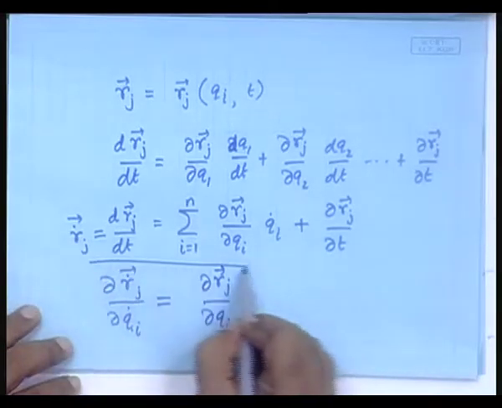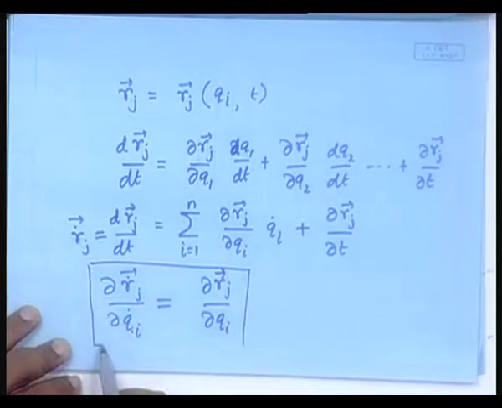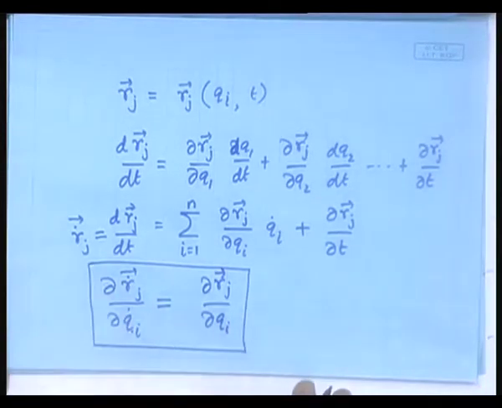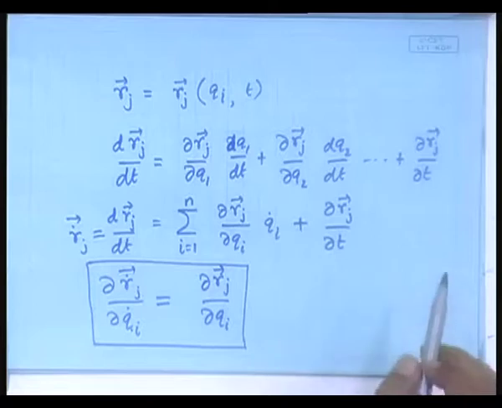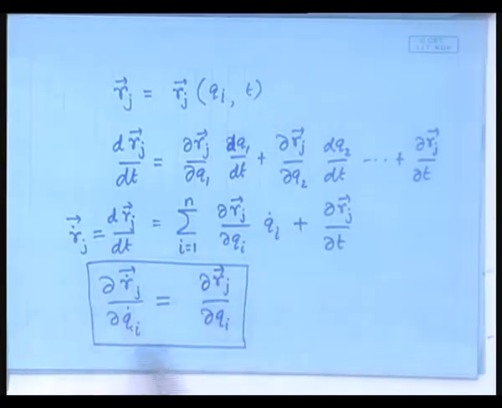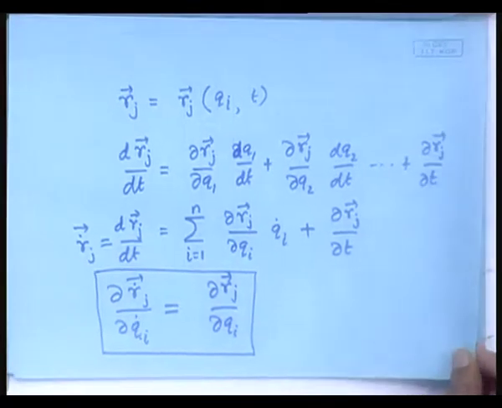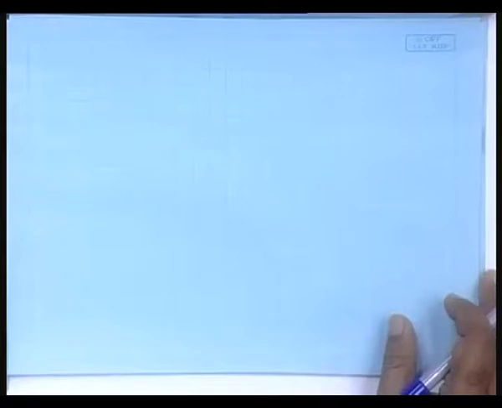So, we keep this for future reference. We have argued that this would be valid, and we keep this for future reference. Fine. So, there are two things we are keeping for future reference, one is this equation, another is this equation. We will come back to that. Let us skip somewhere, so that we can again refer to that. Fine. Now,